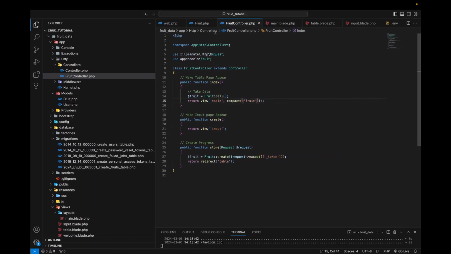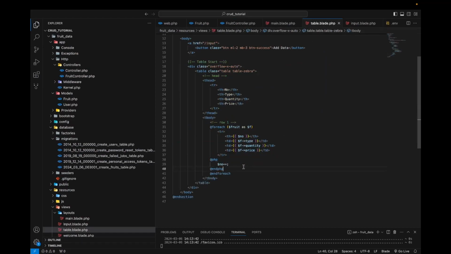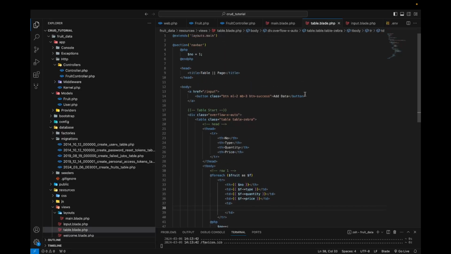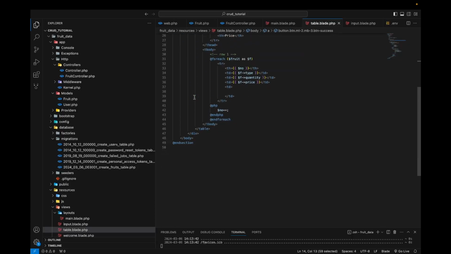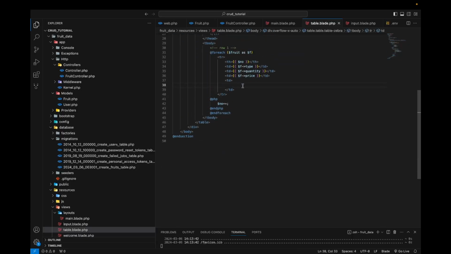Next we gotta make the update process. Inside the table, make a new TD tag. Inside we gotta add a button. You can just copy from here. You can change the color, just write warning. So in here you can write edit,